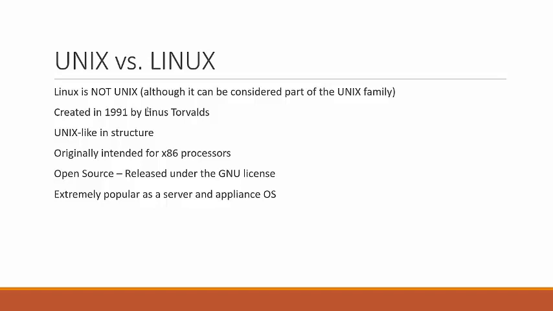Well, Linus, being an enterprising and very smart guy, decided to go and write a version of Unix that runs on his PC. And being not very modest, he named it after himself, hence Linux. So he didn't actually port over existing Unix. He copied it. He looked at it and recreated it on the x86 PC architecture. So it is very Unix-like in structure.